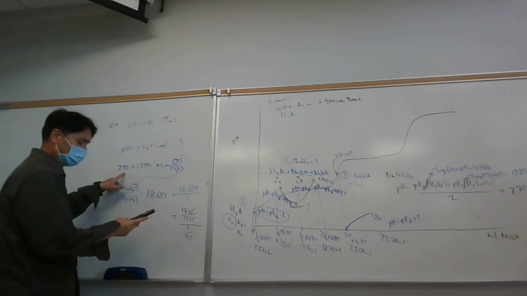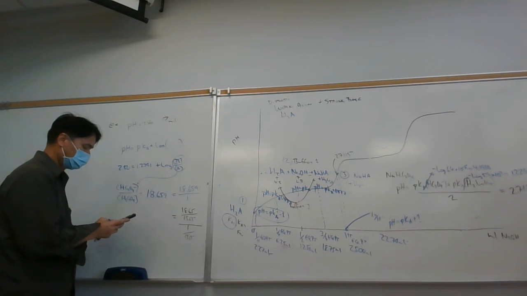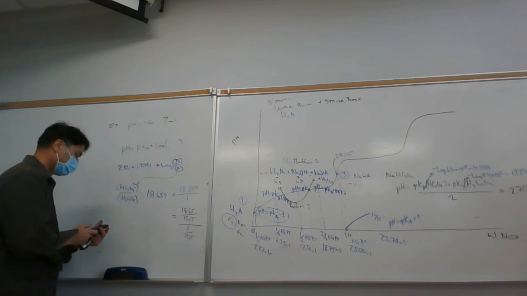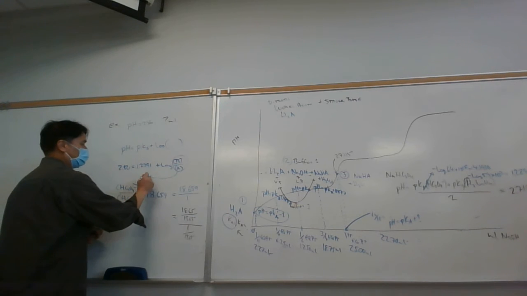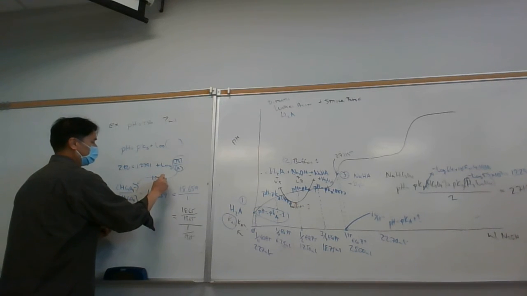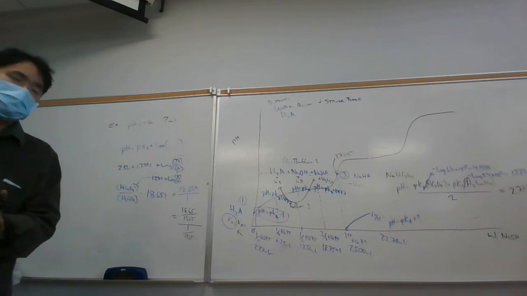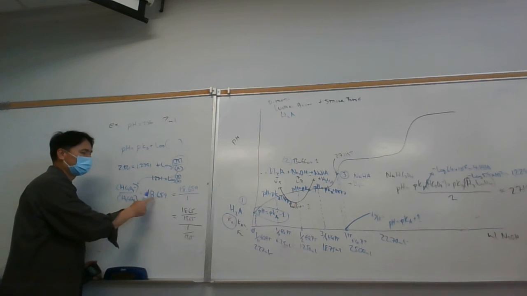And so this came out: 2.5 minus 1.229 is equal to 1.271, which is equal to the log of the base to acid ratio. And then solving for the base to acid ratio, once I solve for it, what do I do? Well, I got 18.659. This is parts of base in the numerator,